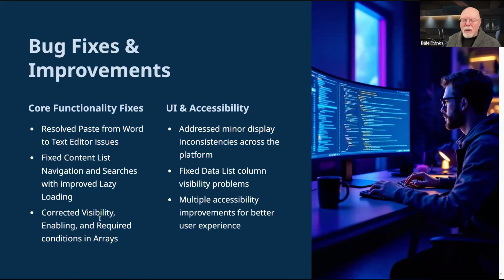For arrays, there were some visibility and enabling conditions that weren't working exactly as expected. We addressed that. There were some minor UI and accessibility issues. We are working on accessibility. It is one of our major focuses, especially because we have so many higher education customers facing a drop-dead date this year to ensure that their forms are all accessible.